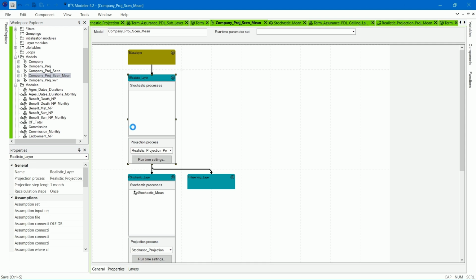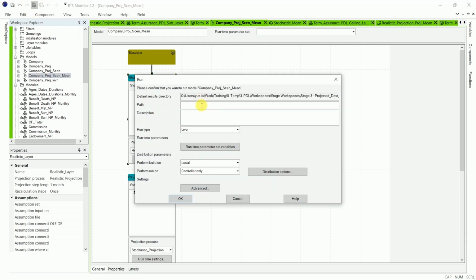Once the model is saved, we're ready to run it. Click on Company Proj Sen Mean and run the model in live mode. Name the run Company Proj Sen Mean and press OK.